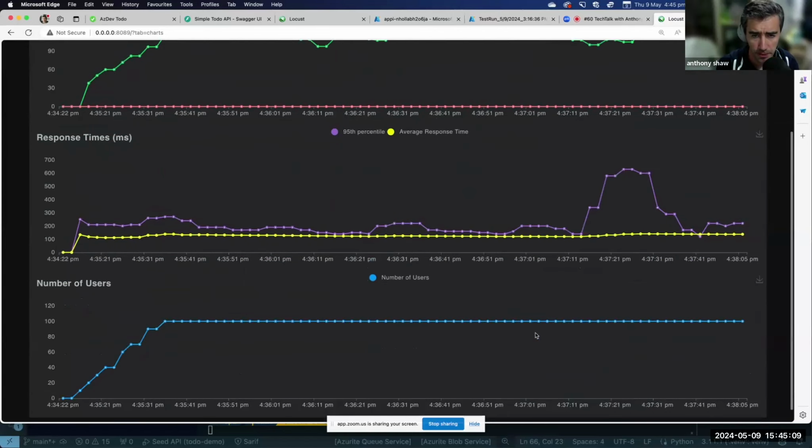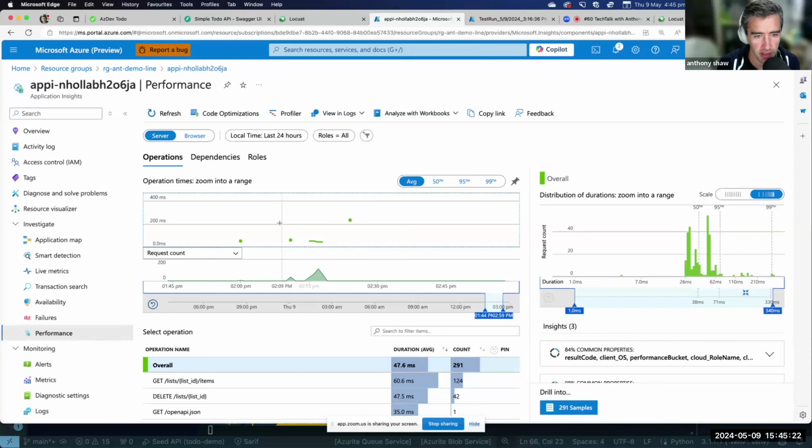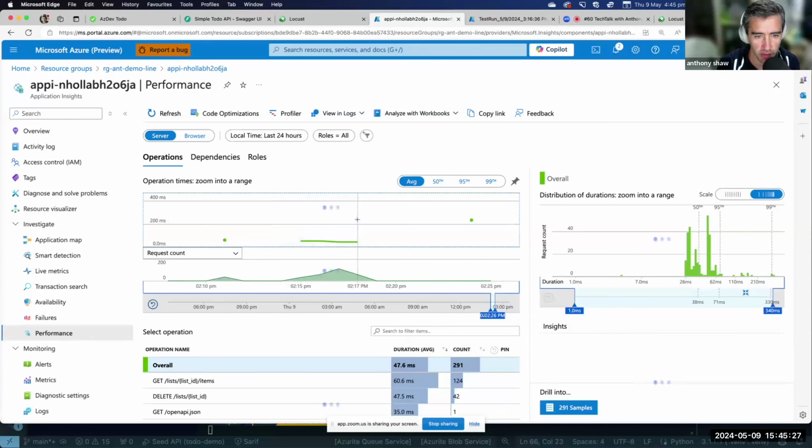I don't really know why, but I was capturing the data on the back end and pushing that information up into OpenTelemetry. OpenTelemetry can be captured in any number of ways. I'm using Azure Monitor, but that means I can capture this time span when the test was running, and I can see a distribution of the response times here.